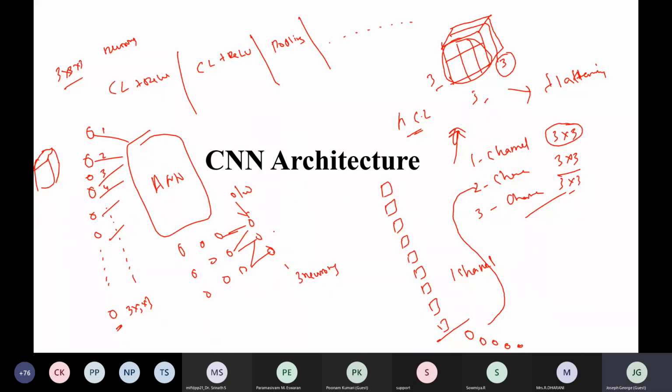Suppose we want to identify cat, dog, and donkey: the first neuron in the output layer represents cat, the second neuron represents dog, and the third neuron represents donkey. So it will give some value.